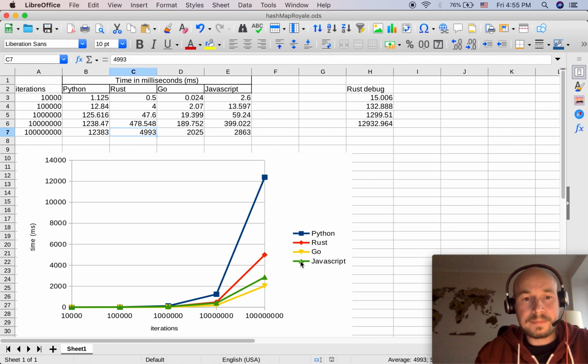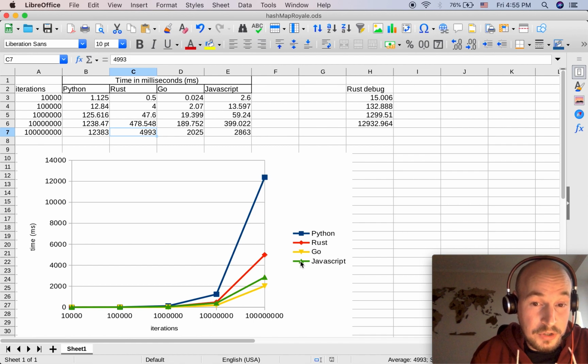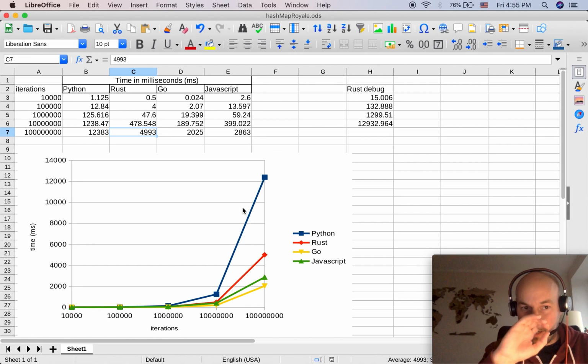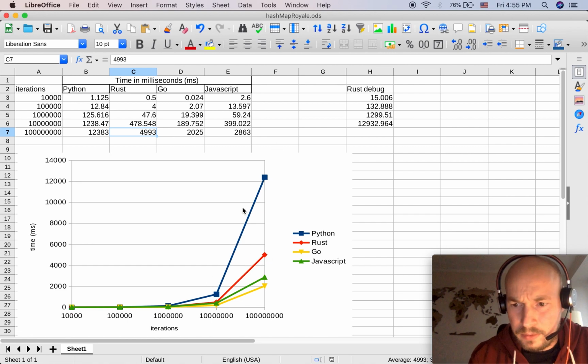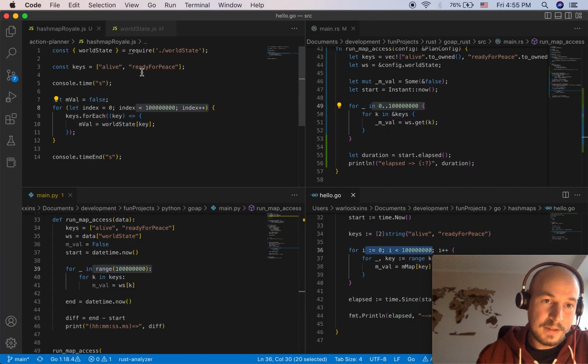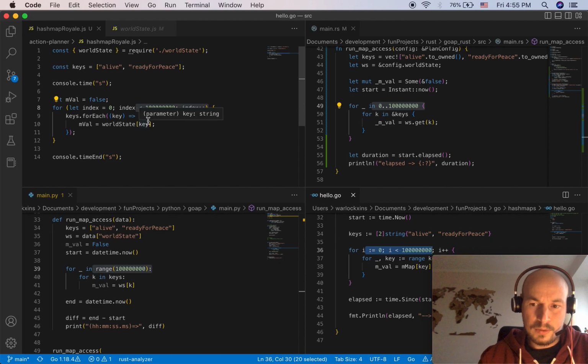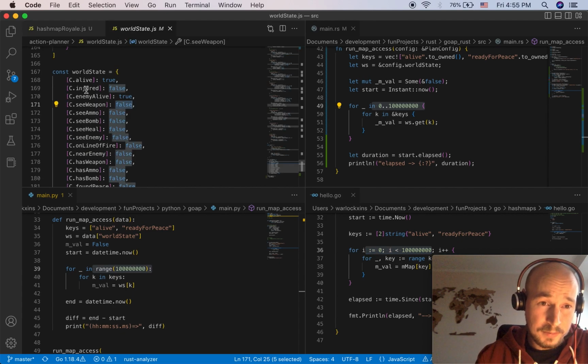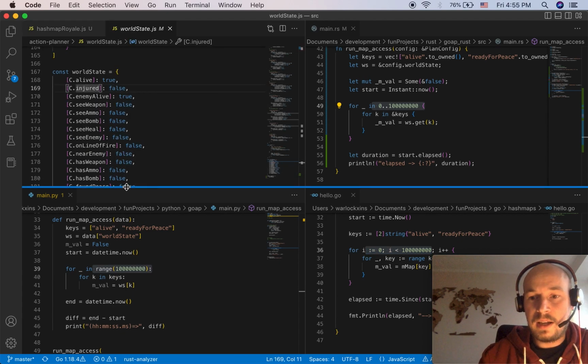Then somehow JavaScript got faster. Then Rust was faster, and of course Python was really, really slow for this case specifically. And this case is important for me because this is a part of goal-oriented planning where the actual object could be highly configurable.